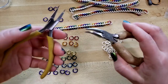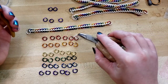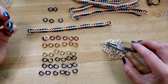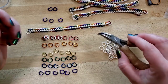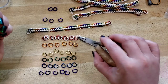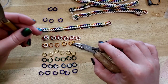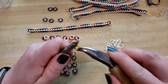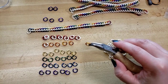I actually don't recommend this weave if it's your very first time weaving chainmail. I think it can really help to have a good grasp already of how to open and close rings, to have good muscle memory of that, and be well in practice with getting good closures. But just in case it's your first time weaving chainmail and you feel brave and you want to give it a go, here is the way that we'll be opening our rings. Let me zoom in a bit,